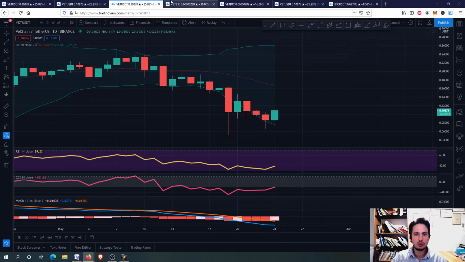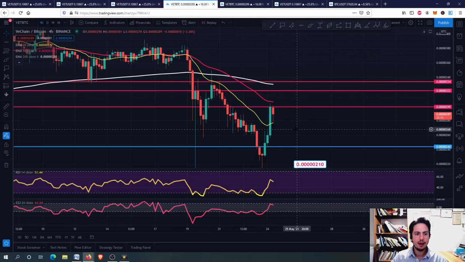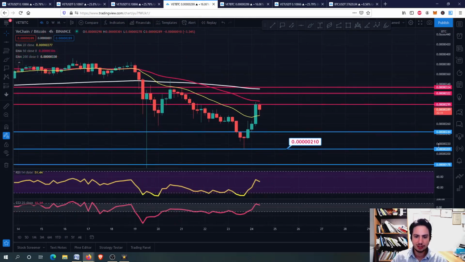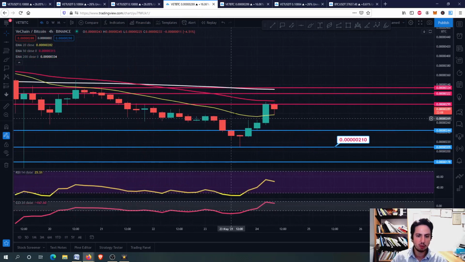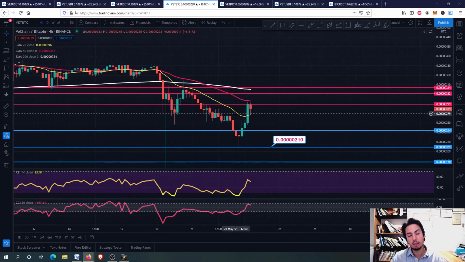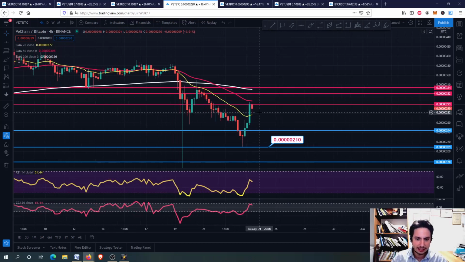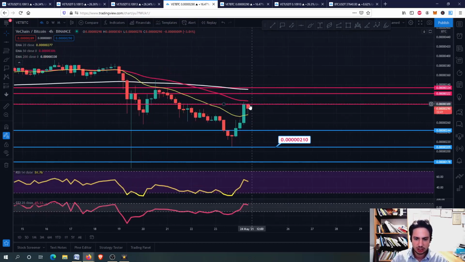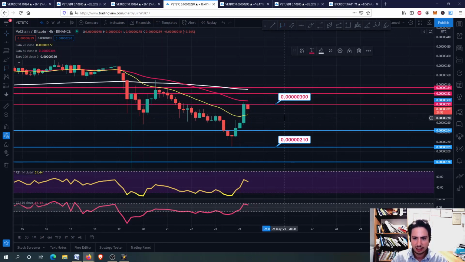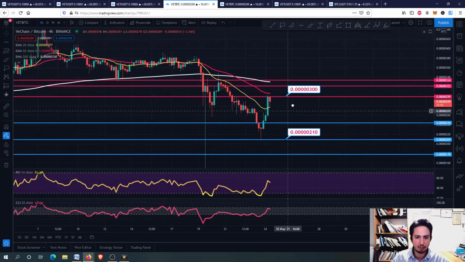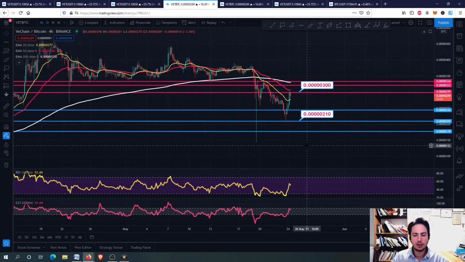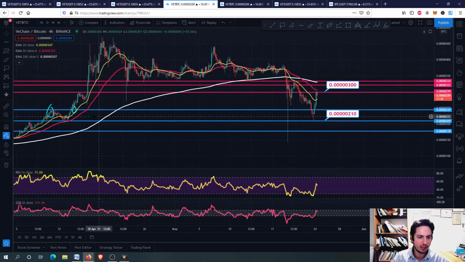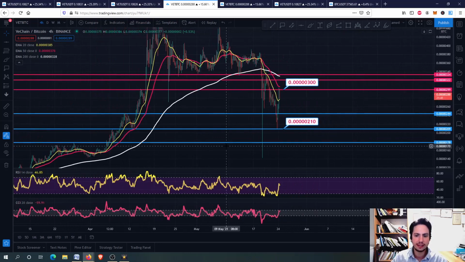Okay, let's go now to VECHAIN against Bitcoin in the 4-hour frame. And VECHAIN against Bitcoin is having what we saw back, guys, on the VECHAIN against USDT a little bit better. What we want to see now is to make this line, 0.50300, as a support line. We need to see this in order to say that we are going upwards. And look at that, I've drawn my own support levels and my own resistance levels because I want to show you how to draw proper support and resistance levels.